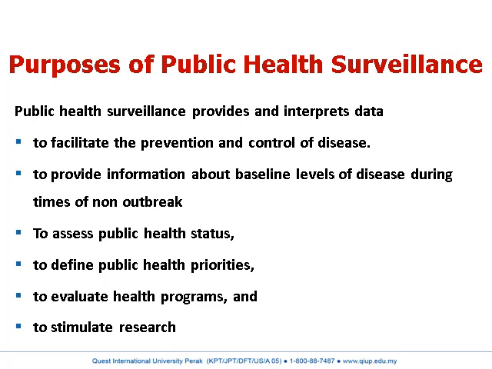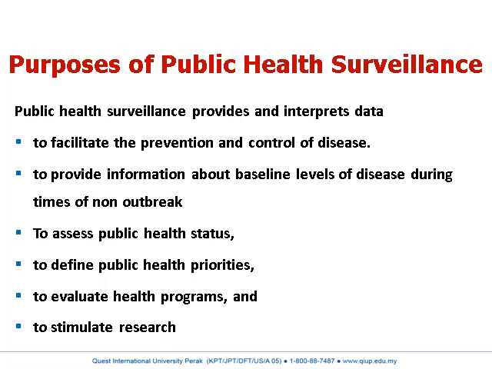Next, to assess the public health status of the community and to define public health priorities, the surveillance system will allow us to identify the problems faced by the community so that we can prioritize public health programs. To evaluate health programs, by looking at the changes in the health conditions,